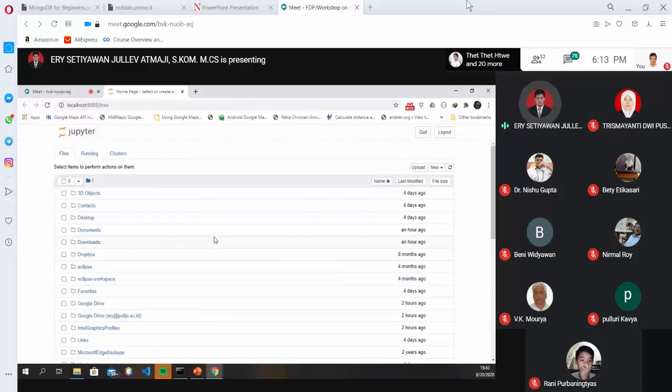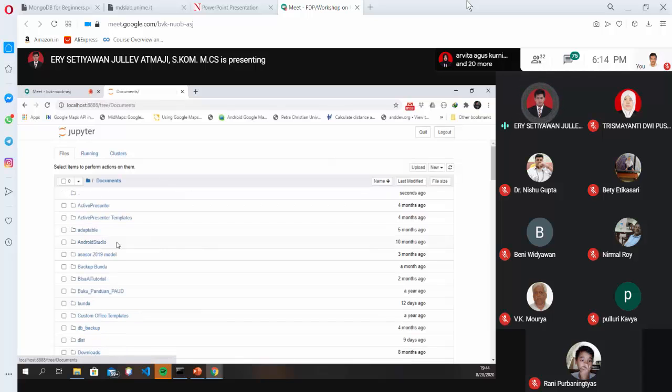For example, if you want to put your work in a document, just click New. This is the machine that you already have. If you have two, for example Python 3 and Python 2, they will appear here. You just select one, maybe Python 3.